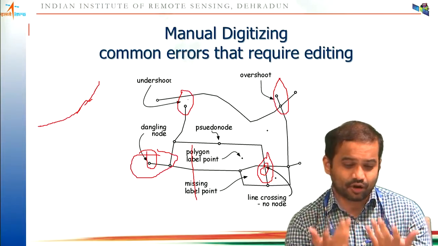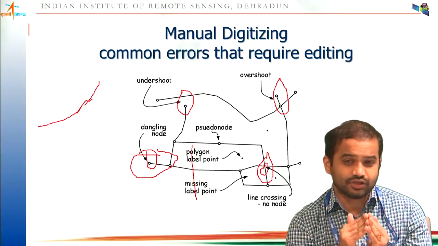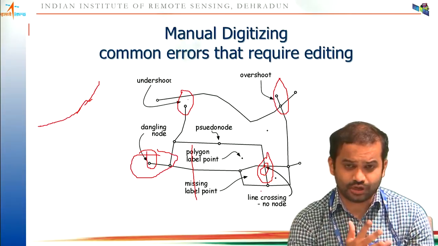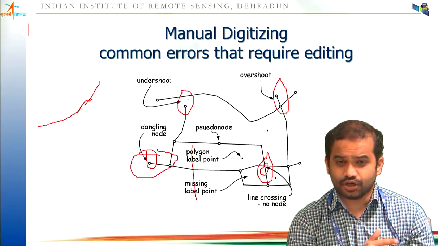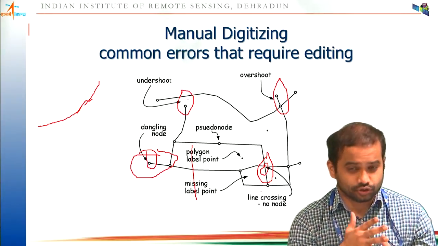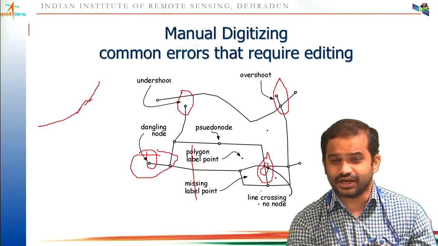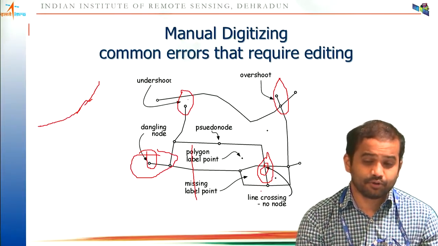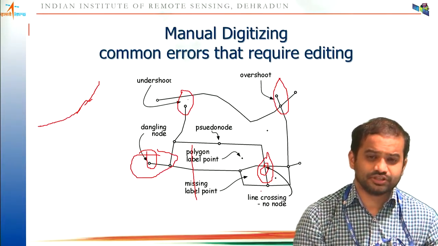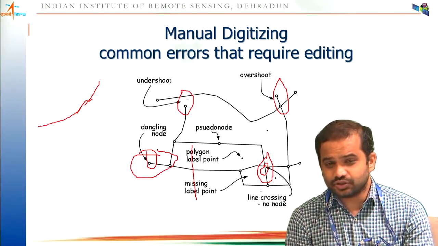As we are drawing in 2D, GIS doesn't understand what is actually happening. But GIS allows you to cross two lines without having any intermediate node. If it is allowed, you need to be careful that though they are crossing in the same location, they are not intersecting. There can be a difference in the Z. But if you want a crossroad where you want to show the roads are joined, there should be a node here. That can be missing while digitizing, so that also we can take care of.